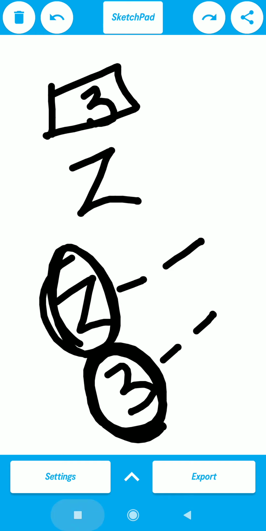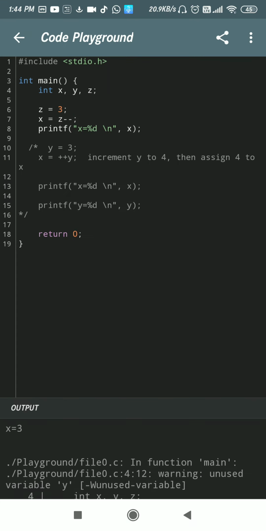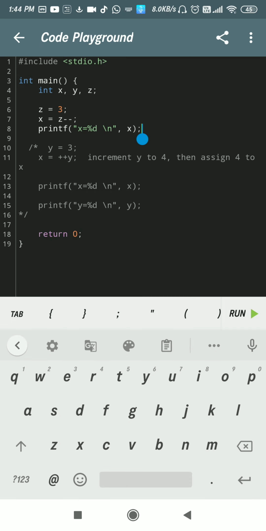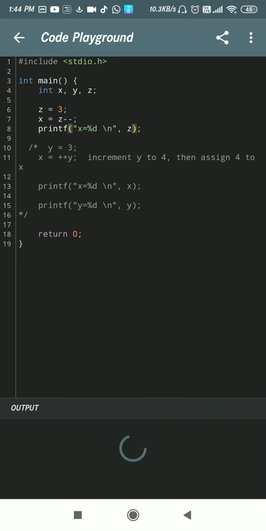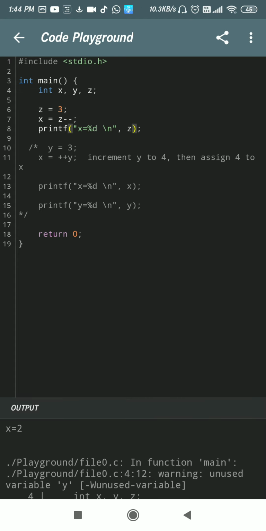If you reuse it, I mean, if you want to see the value of z now, it will be 2, yes, because the value is not entered inside that box.